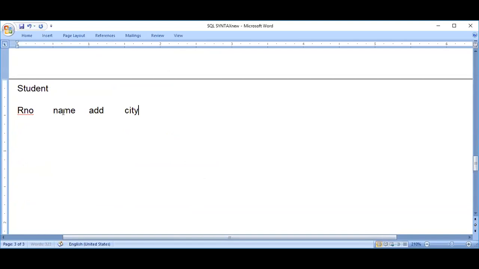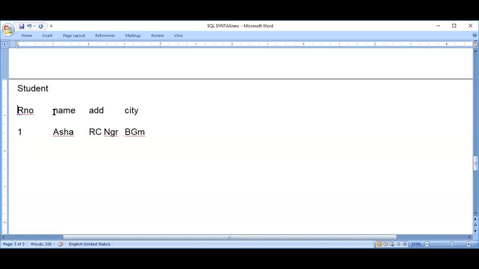Now tell me, whenever I have roll number 1, I'll write Asha. Address of Asha is, suppose, RC Nagar and city is Belgaum. Here the name, address and city are said to be functionally dependent on roll number.